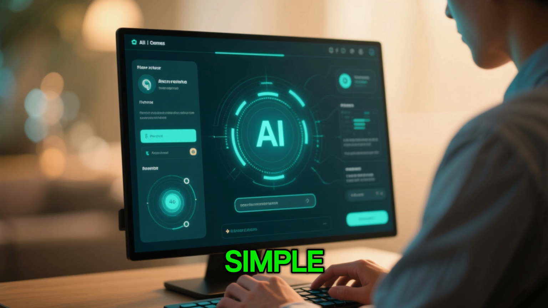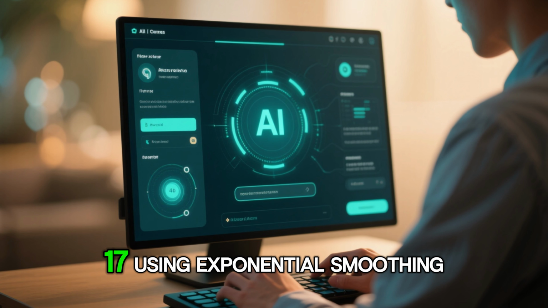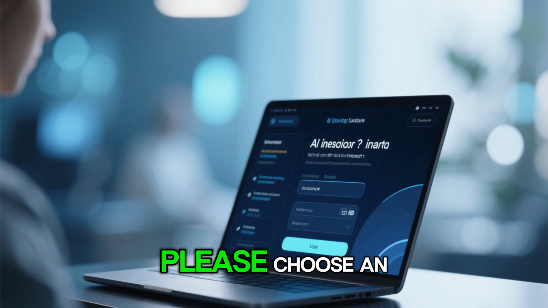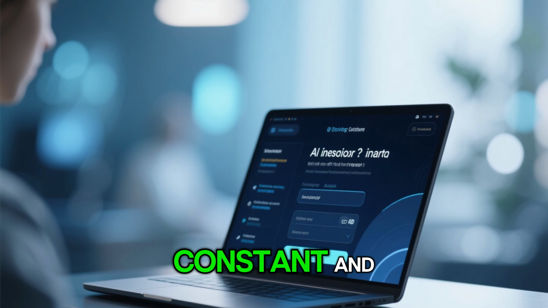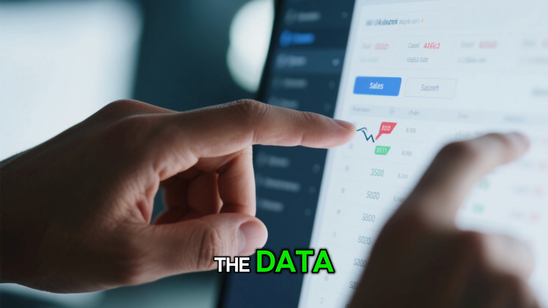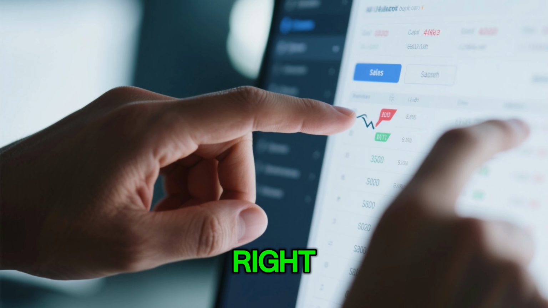I'm going to craft a simple, plain English prompt. Calculate a sales forecast for week 17 using exponential smoothing. Based on the data I provide, please choose an appropriate smoothing constant and explain your choice. The AI immediately asks for the data. I'm just going to copy my sales figures from the past 16 weeks and paste them right into the chat